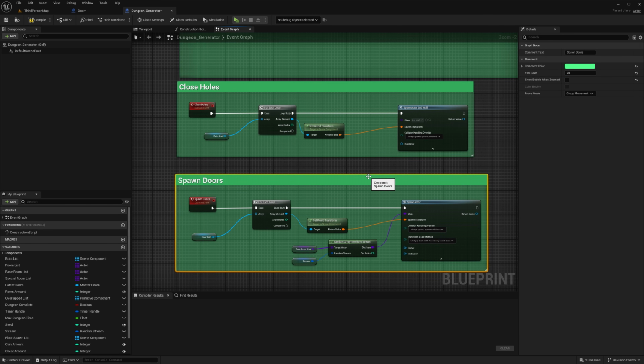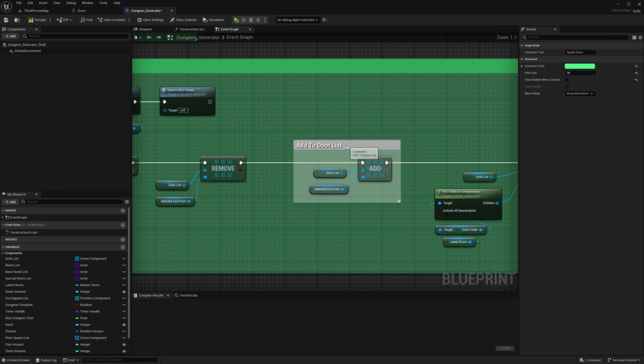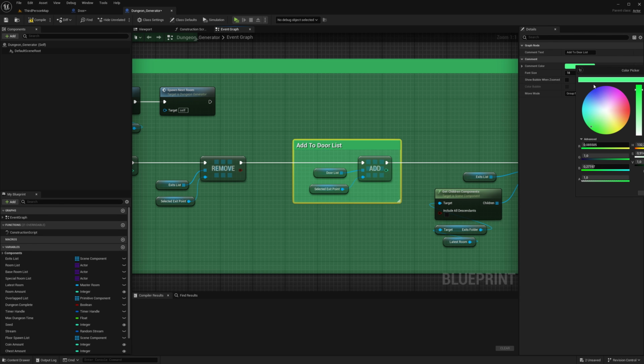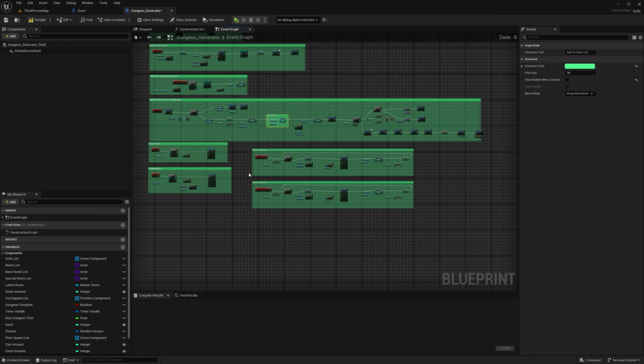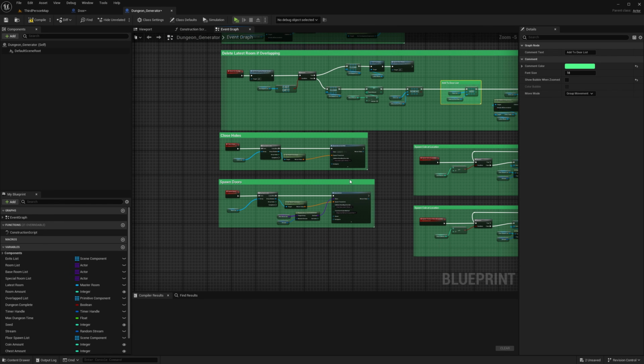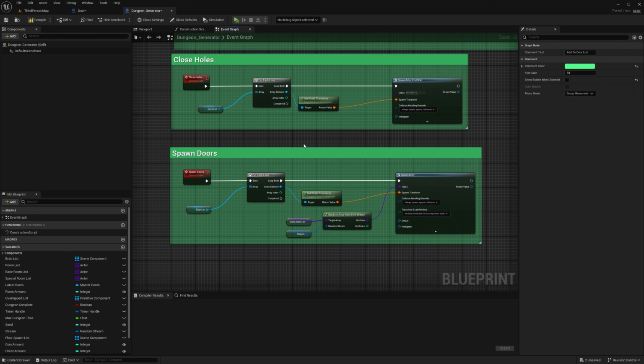So this part works. This part also works. Make it green. Did we do anything else? No, I mean, it's very little we did just to add doors, right? Just remember the way I'm doing it in this system is put in more empty if you want fewer doors. I mean, that's the solution I have right now.